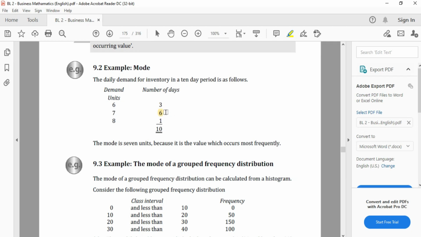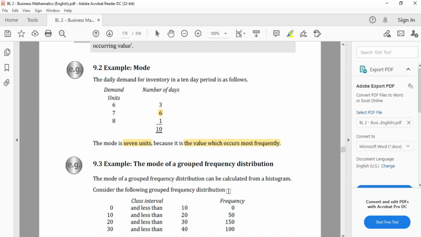So we have received a demand of 7 the highest number of times. So the mode is not 6. We don't say it in days, we say it in demand, because we want to know the average demand, not the average days. That's why the mode is 7 units, because it is the value which occurs most frequently,